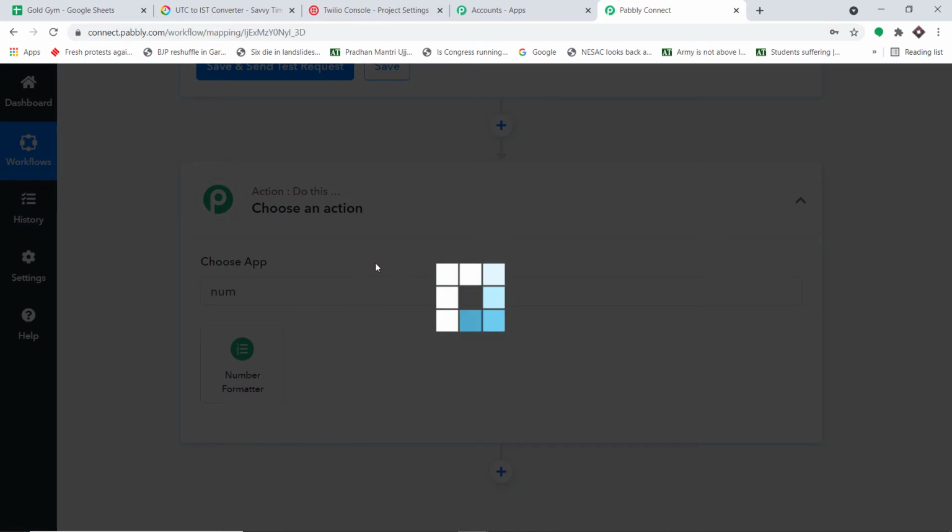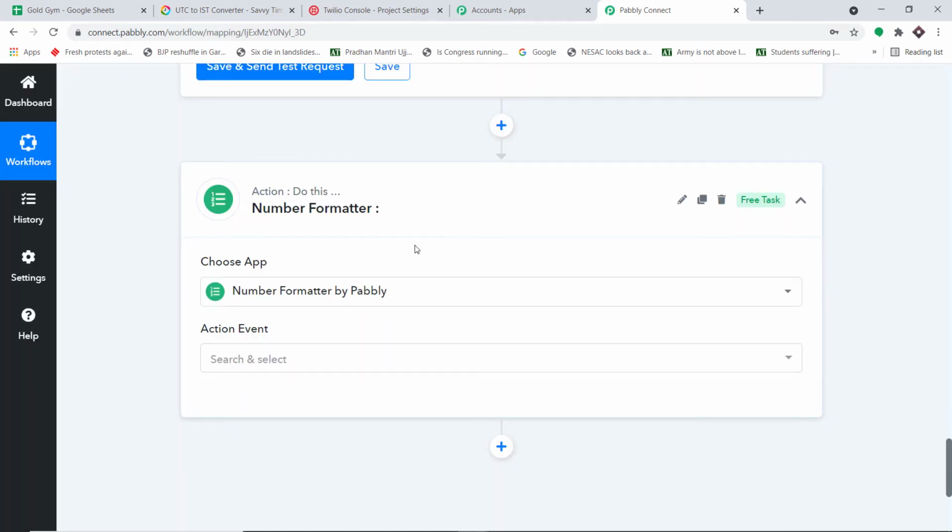Why number formatter? The idea is that we are going to subtract the expiry date as well as the current date. So right now the current date is 8th of August 2021. But for a guy whose expiry date is 10th of August 2021, the subtraction will yield 2 days. Now the idea is that if the number of days is equivalent to 2 days or 3 days, then we will start sending the SMS. However, if it is greater than, let's say, 3 days, then the SMS won't be sent. The same can be applied if the expiry date ends, then the SMS won't be sent. So that will be the condition.